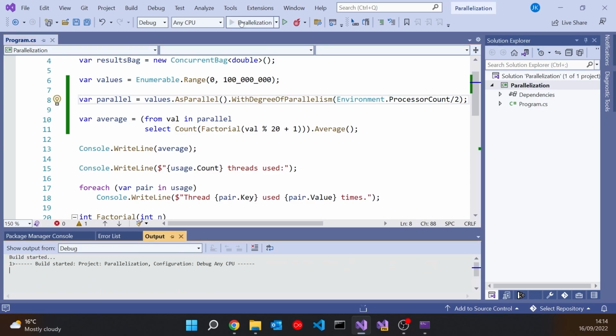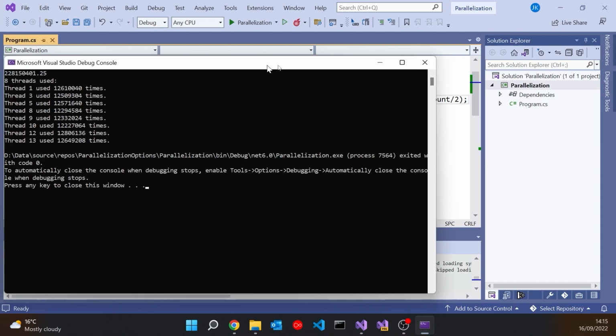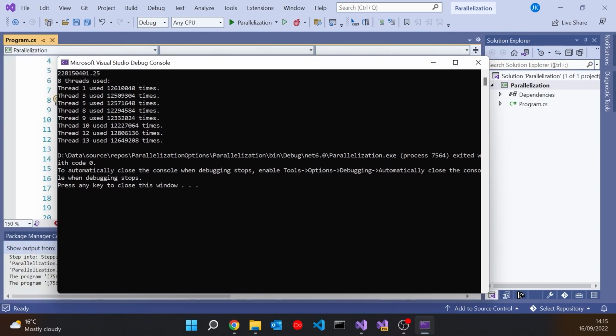So now, if we run that one up, it's used 8 of the 16 cores, so it's used half of them. And that's not something you'd absolutely be hard coding into your application, but it might be a configuration option for your users because it's them that's going to decide how much of their processor your application is going to be using up. So that's just one of the features we've got there.